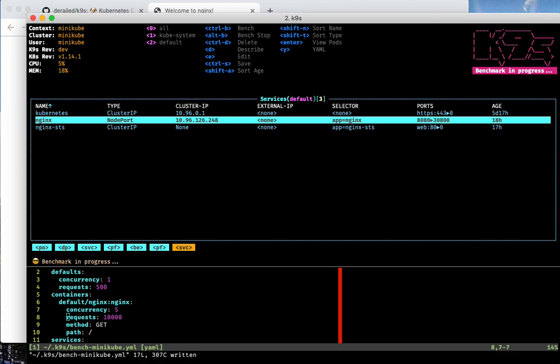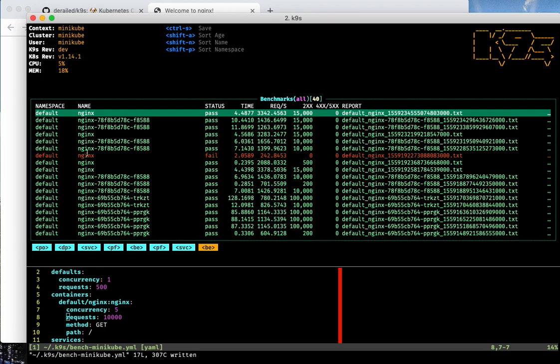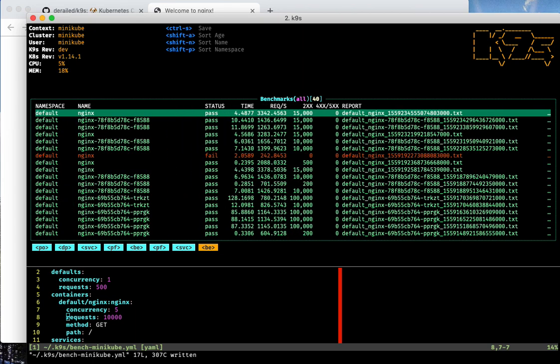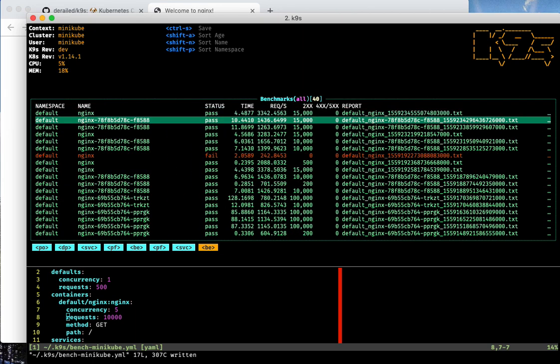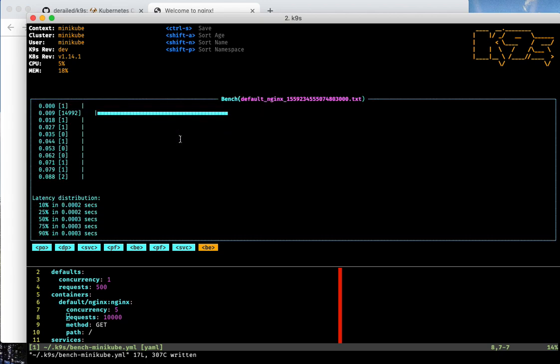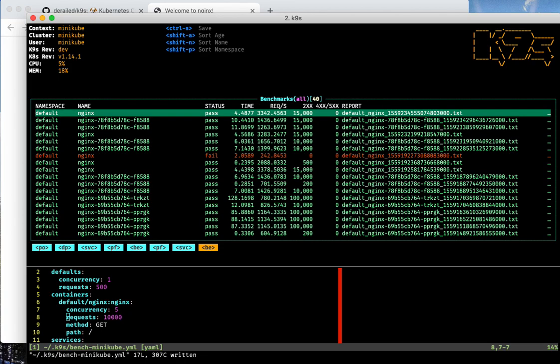So now if I hit the benchmark again with that service selected, it's going to hit, on my local machine, that port that is exposed as a node port, port 3800. So if I navigate back to the benchmark view, now I can see that service path here, hitting it directly from the service versus from the container, and again looking at those awesome statistics that John had put together for us. So that's kind of handy.